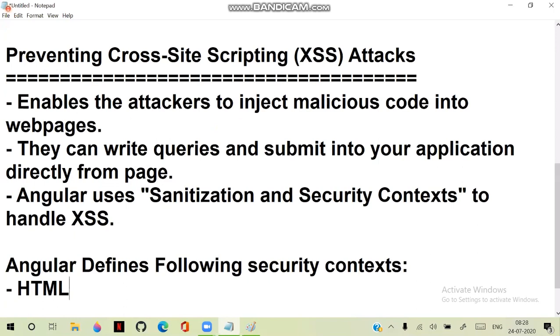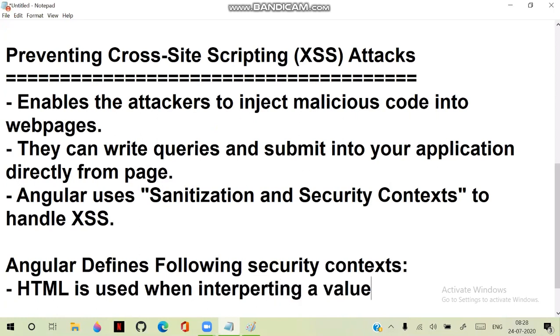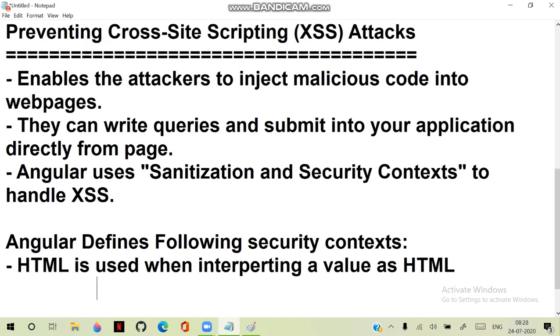One is HTML, which is used when interpreting a value as HTML. That is one problem. That means when you are binding with inner HTML, when